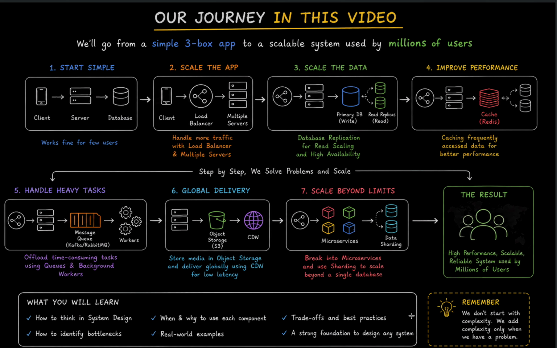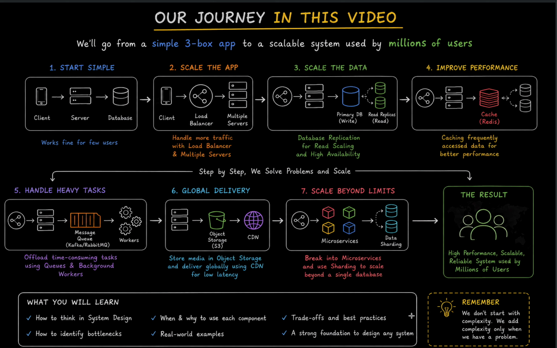So what's next? If you are completely new to system design, don't try to learn everything in one day. I would recommend learning in this order. For example, first, networking basics. Understand HTTP, TCP, DNS, CDNs, reverse proxies, then databases: SQL, NoSQL, indexes, replication, sharding, then caching: Redis, cache strategies, cache